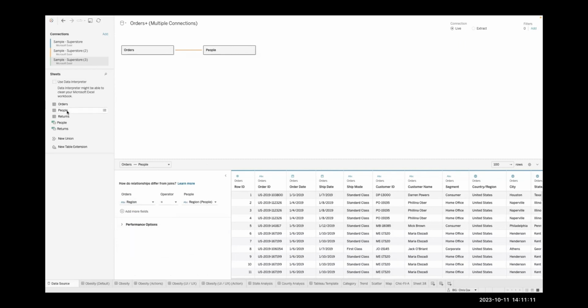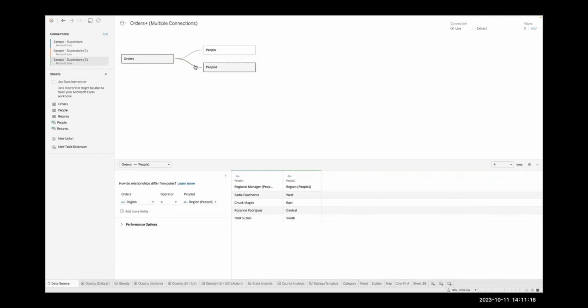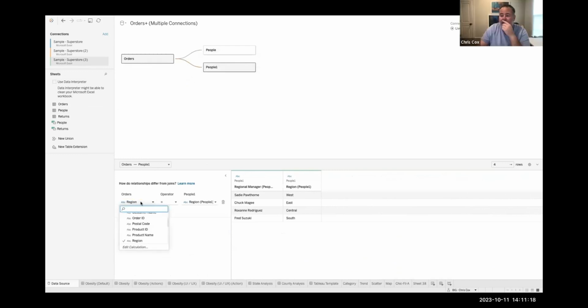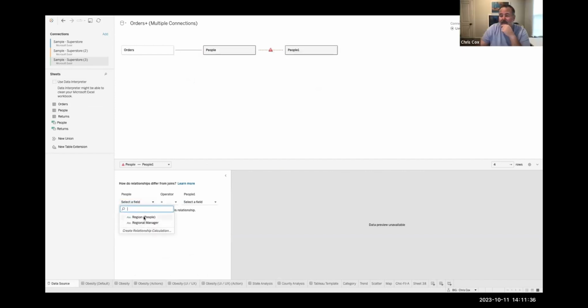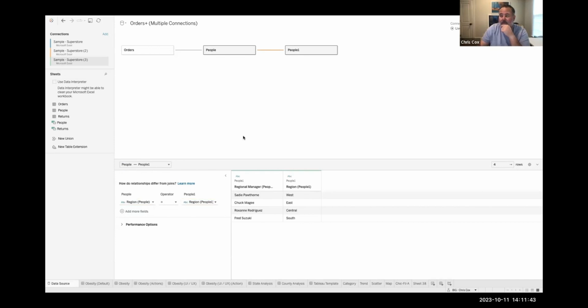What I'm saying, right? I'm saying for your third one, if I was to pull in people here, right? If I click this line and I say I want it to go to, you should have another group here. So this one, well, this is where the relationships don't really give you what you want. Right, it's going to make you drag it over here. Correct. But it has no relationship to the orders table. Yeah, so it's got to have it to there. Yeah, but I could do region people and region people 1. That's going to work. Those two are okay.